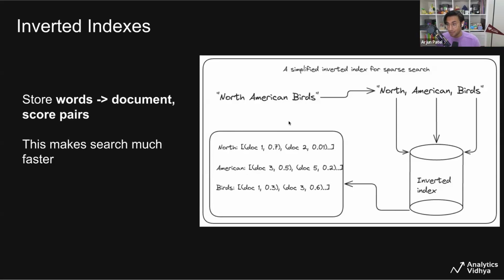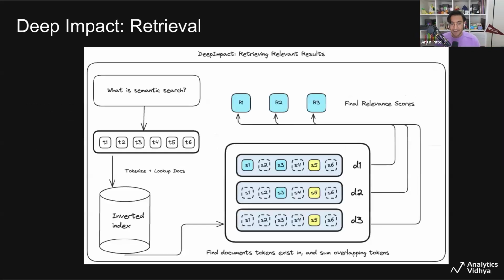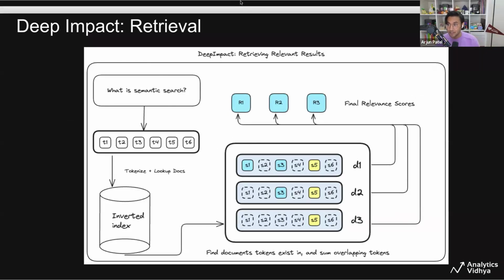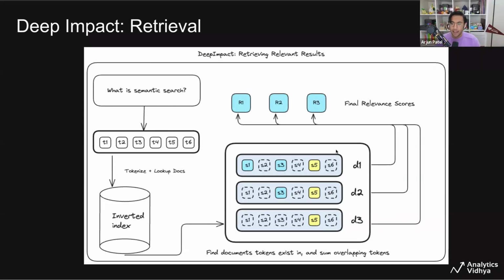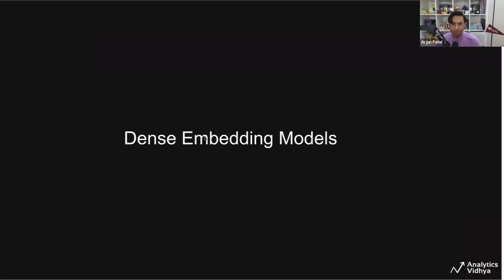And this will become important because when we do retrieval, all we're doing is tokenizing the input query, breaking it up into tokens, going into the inverted index, finding all of the documents that have these tokens, summing only the weights of the tokens that exist in the query. This is the idea of the precision coming from keyword search, and then returning this final relevance score by summing these values.